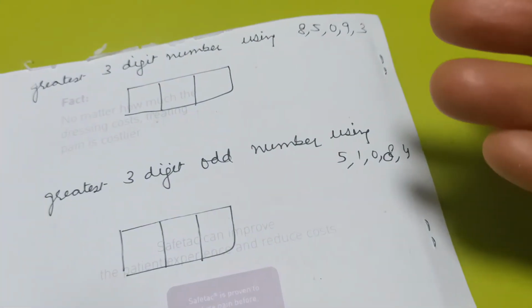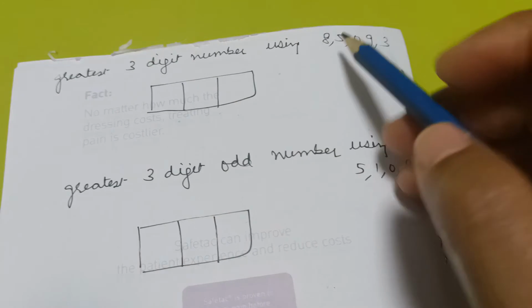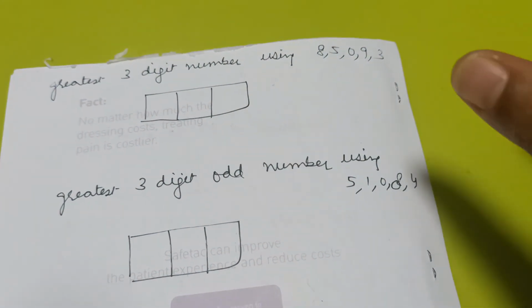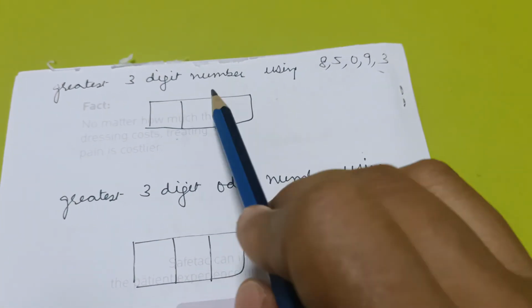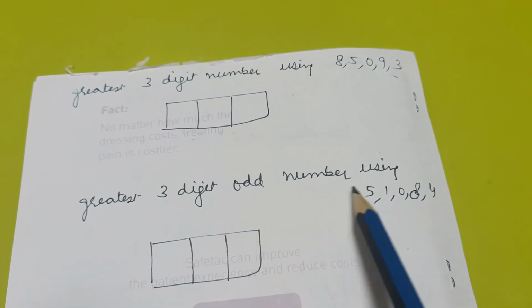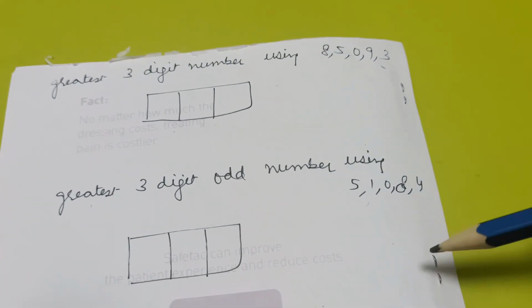There are also questions we have done in the earlier busy books, just a little more complicated here. In the earlier busy book, if you have seen, I gave 3 numbers and asked to make a 3-digit number. Here I'm giving her 5 numbers and asking her to make 3-digit numbers. Here I'm asking to make an odd 3-digit number, but the greatest number. So she has to make sure